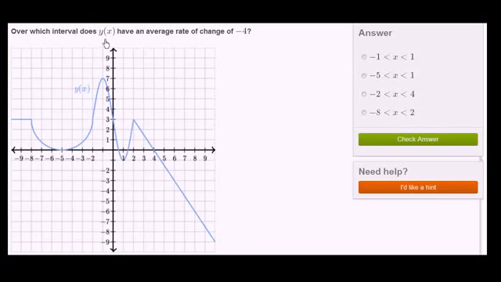Over which interval does y of x have an average rate of change of -4? So average rate of change, if you think about it, you're literally just averaging. For example, in this bowl section right over here,